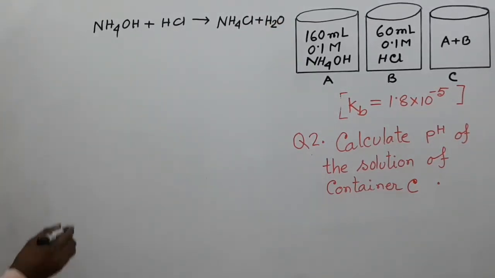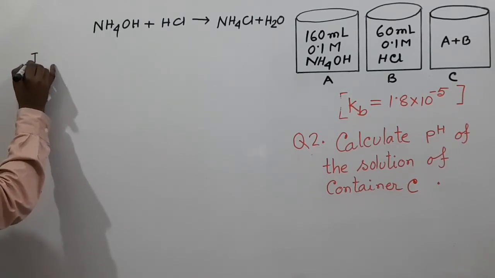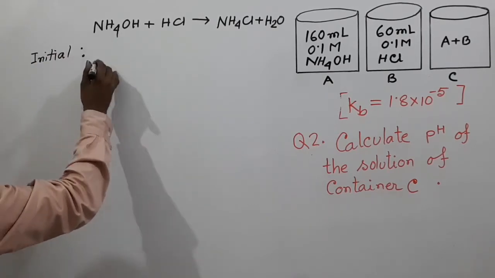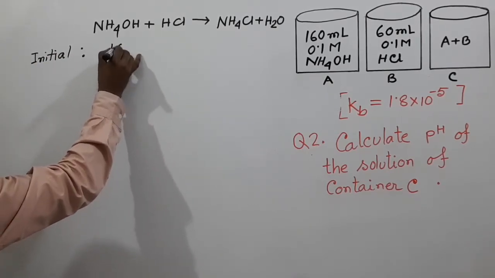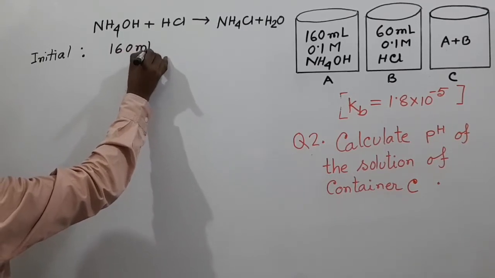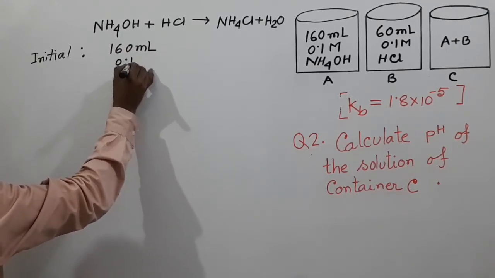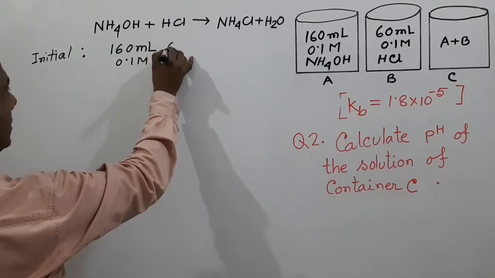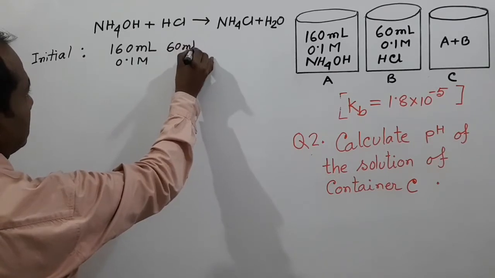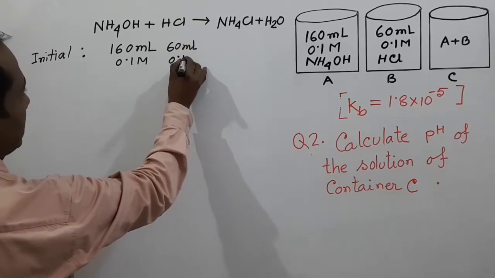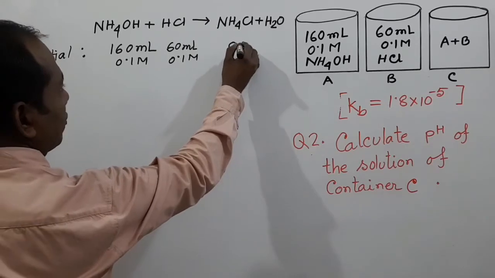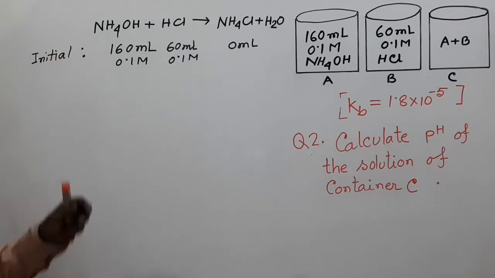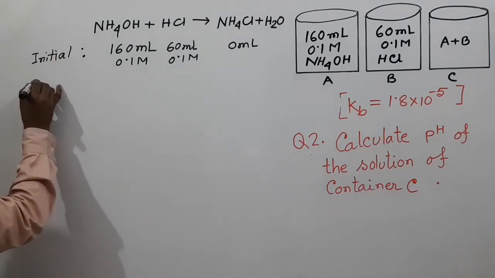So my dear students, at initial state, ammonium hydroxide present is 160 ml, concentration is 0.1 molar, and HCl present is 60 ml, concentration 0.1 molar, and ammonium chloride is 0 ml. This is at initial state, but at equilibrium, that means in the mixture,